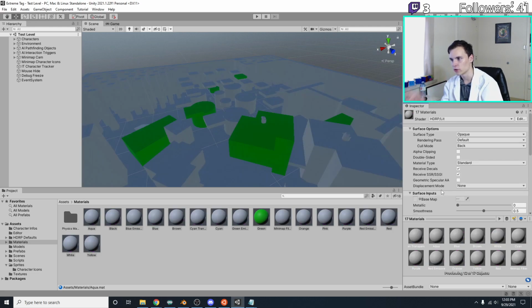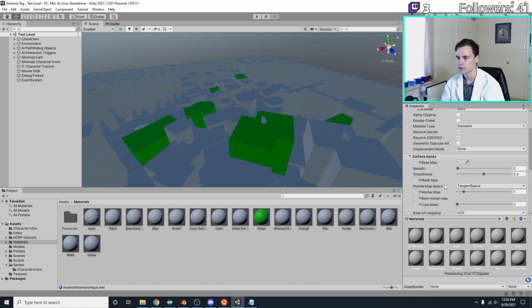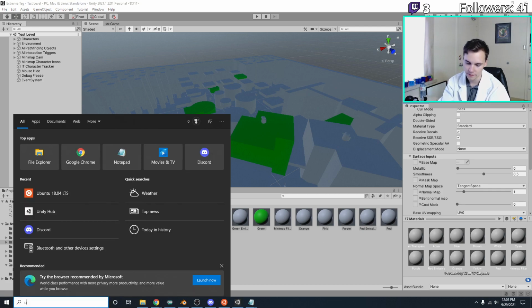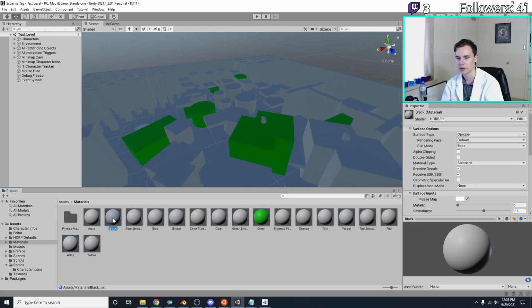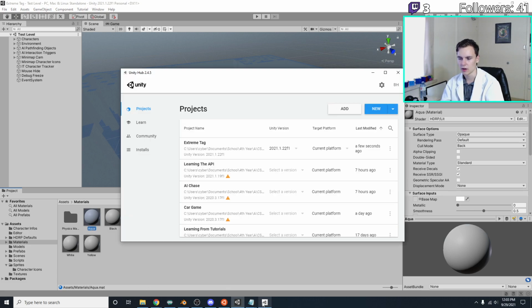Before we've gone too far into this, I did happen to have all of these materials colored based on what they are, or I named them based on what they were. I don't remember what aqua was. Did I change aqua to like a lime color? I'm going to open up